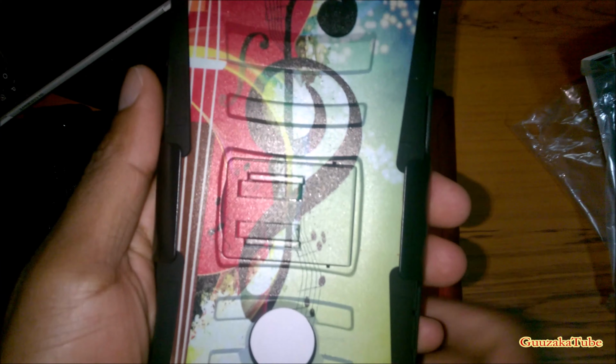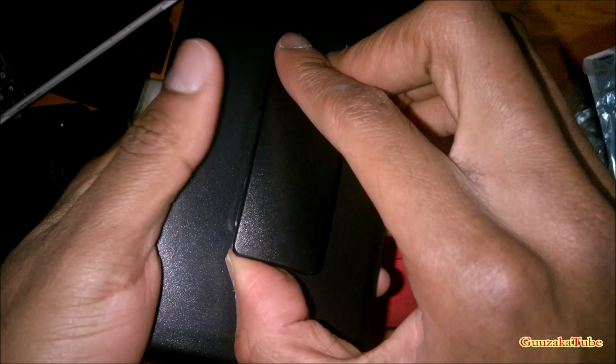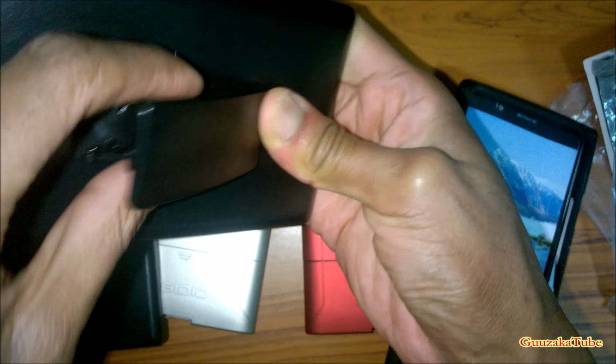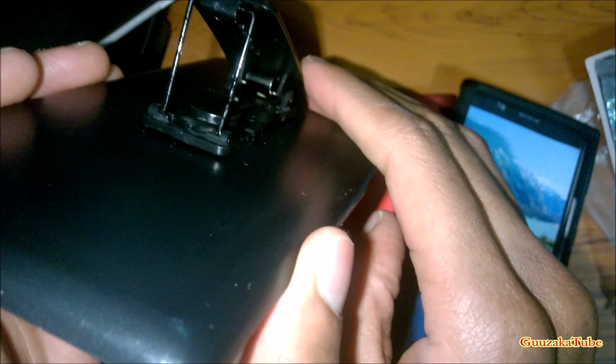Okay, so I am back. Remember this case I ordered from Amazon from Turtle Armor? Yeah, this one. So if it had a belt clip inside it, it would have had something like, well, let me take this off so I can access it easier. This. That. You see that clip there? That's what it's missing, and it should have had it, because this case alone I think was,